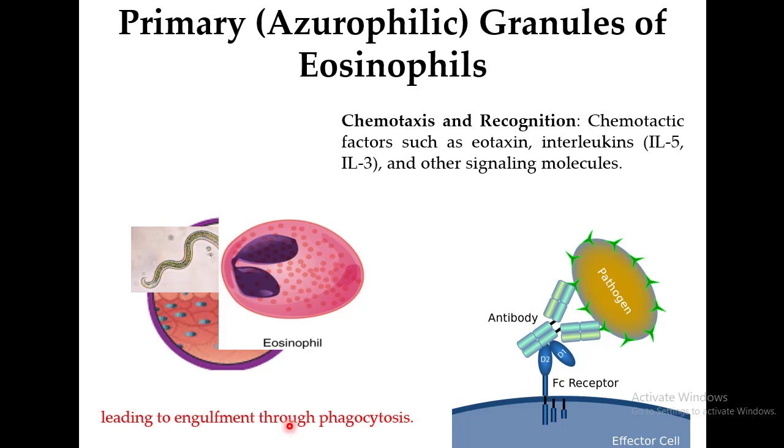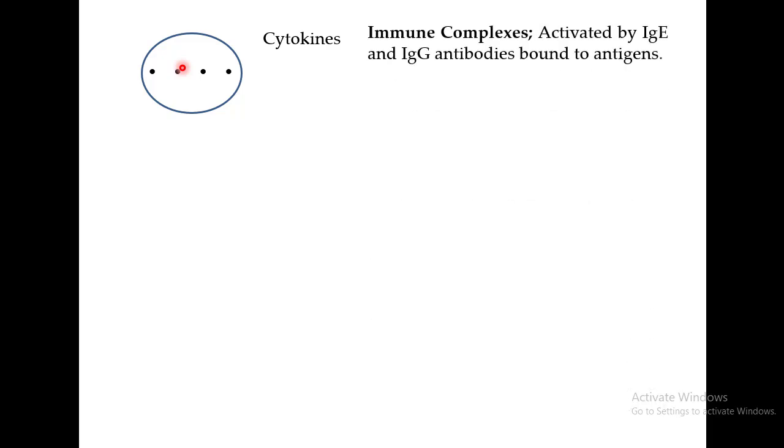Now, once the eosinophils have phagocytosed the parasite, what is going to happen next? These are the granules present in the eosinophils. You have these granular components over here. When the eosinophils get activated, for example by cytokines or immune complexes like the antibody bound to the antigen, that leads to the degranulation of these granules. These granules contain a lot of components, and in this video I'm only going to focus on a single one, which is known as the acid